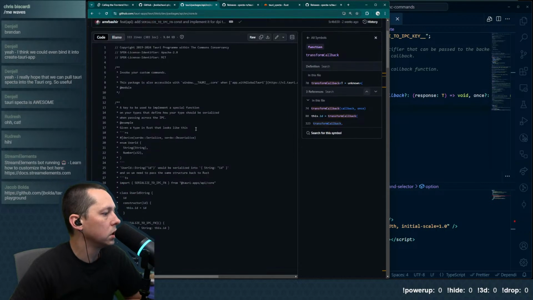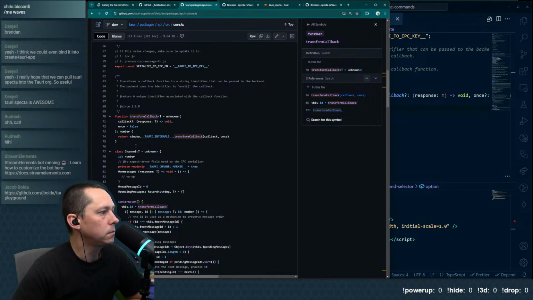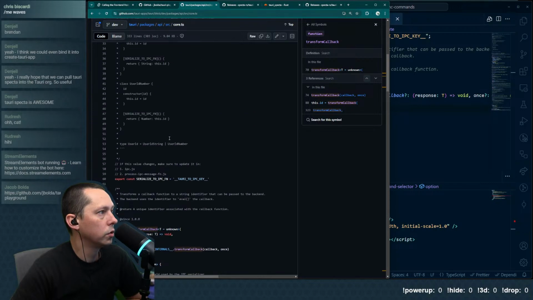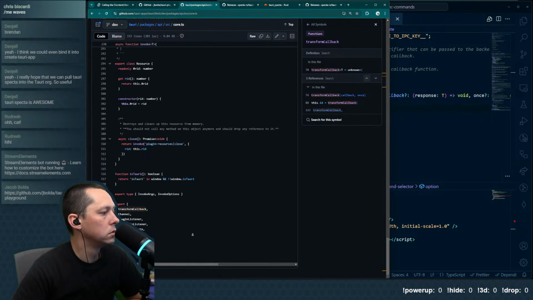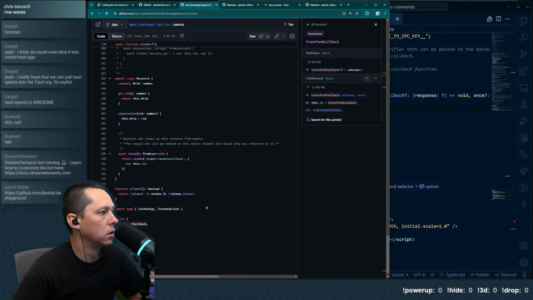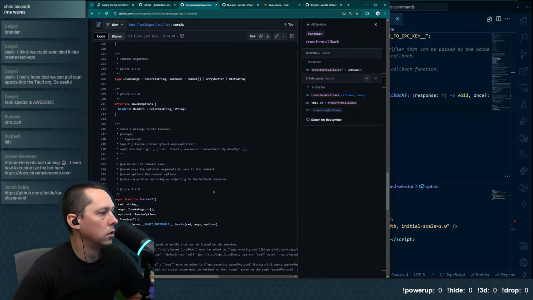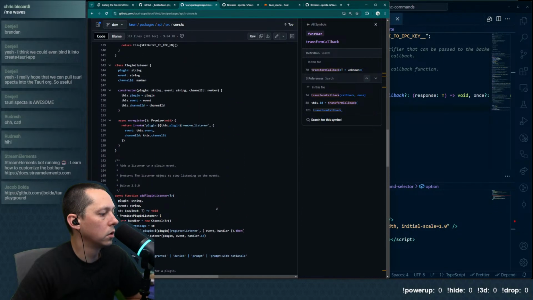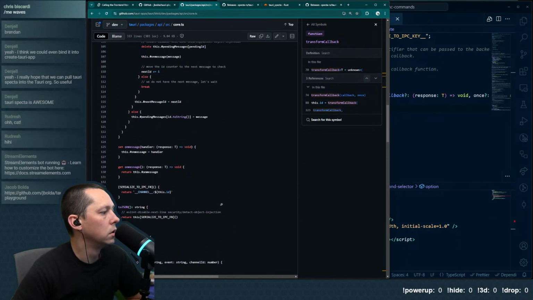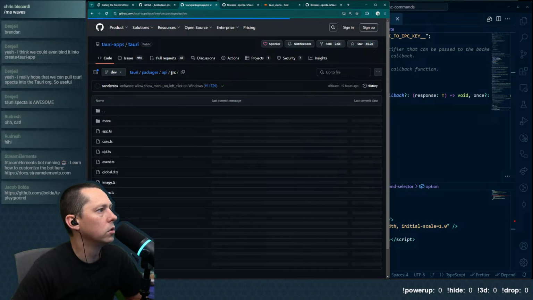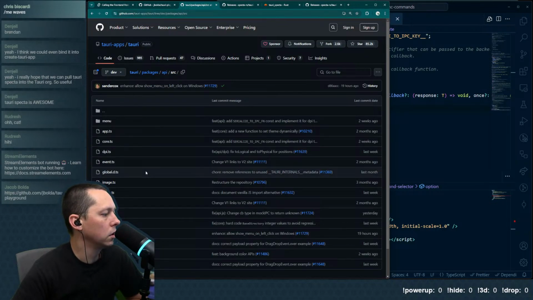We're doing export transform callback, and that's coming from Tauri internals. Invoke, check permission. Yeah. So let's see if we can track down the internals.